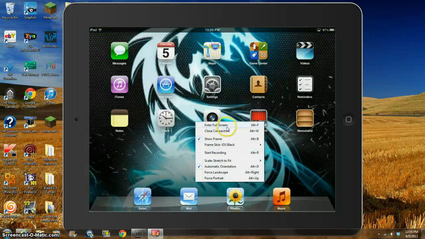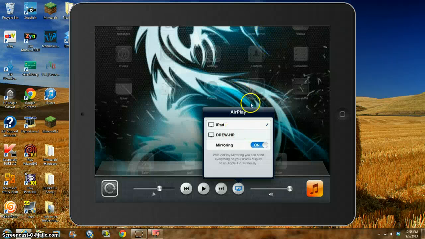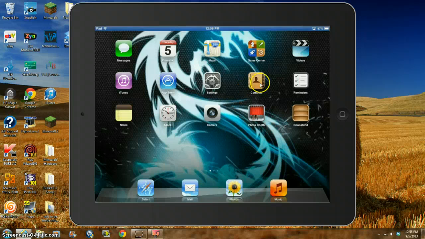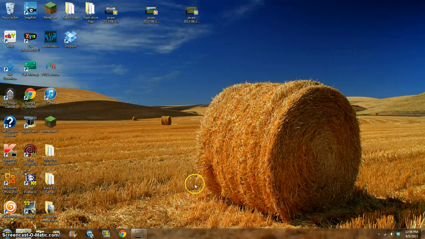And now, if I want to just completely close the application, I just click right here, close connection. And now the little icon here, say my sister goes out to the store, she doesn't have an iPad, but say she goes to the store and buys an iPad. Starts mirroring on my computer, and I don't want her to, but she's playing around with it. I can just go like this. Close connection. It immediately closes it off there. The thing stays here up on my iPad